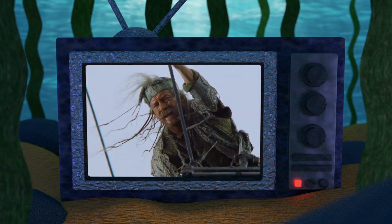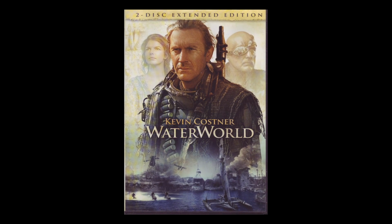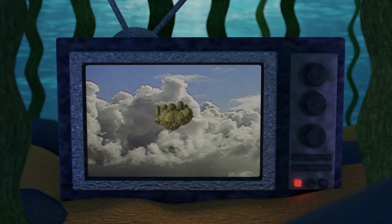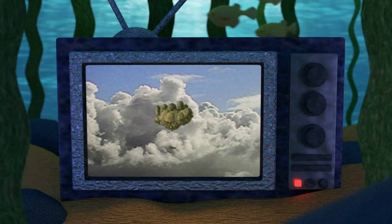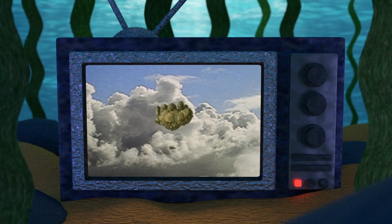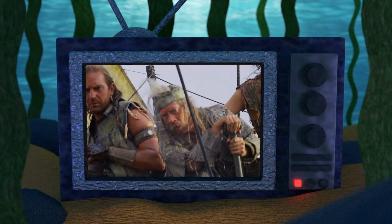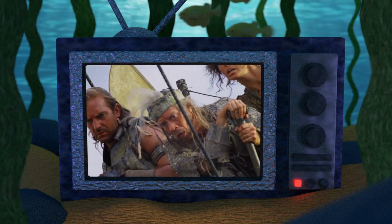Again, in this sequence, we are treated to a few extra and alternative shots in the extended version of Waterworld, like this glorious wide shot of Gregor's balloon gliding through the clouds in its approach towards the stranded mariner and Helen. We also get an extra shot of the mariner, Helen, and Gregor aboard the dirigible, where the mariner, upon